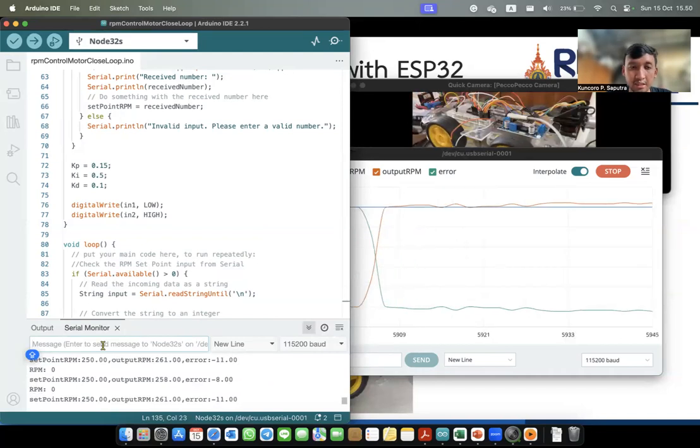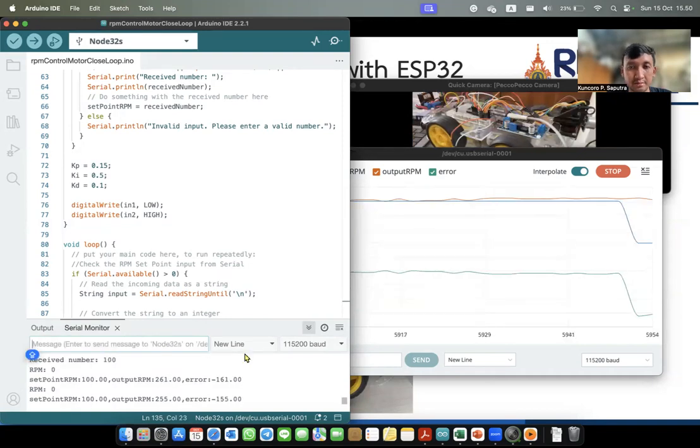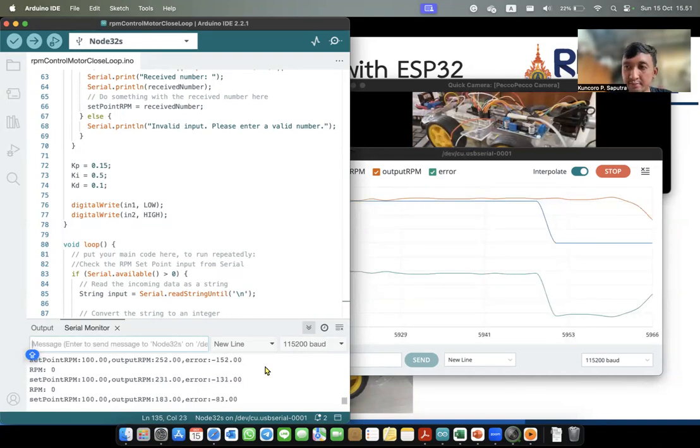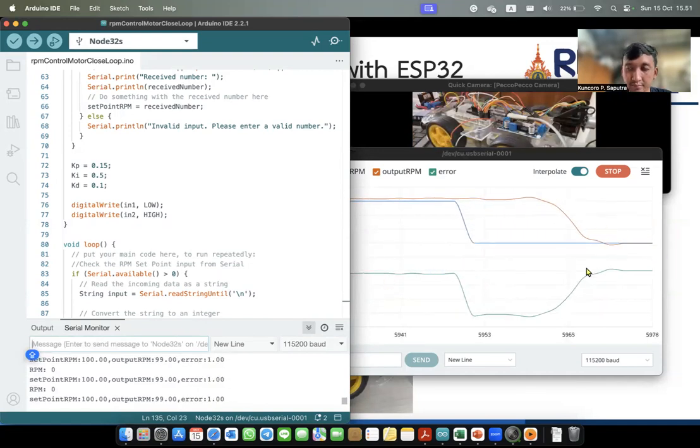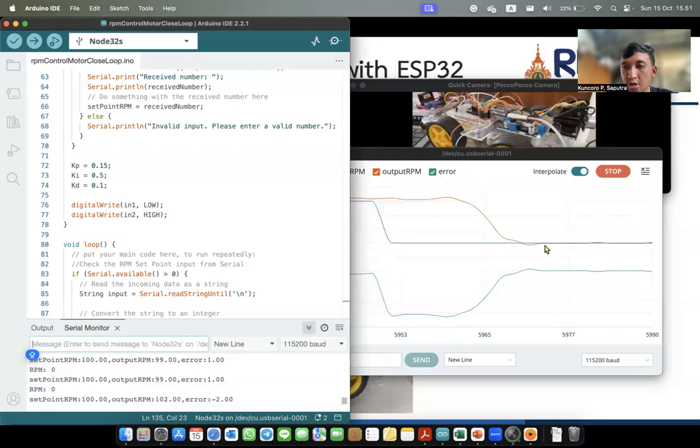So I start again with 100. This is the response and the settling time. Now the motor output is already stable at around 100 RPM.